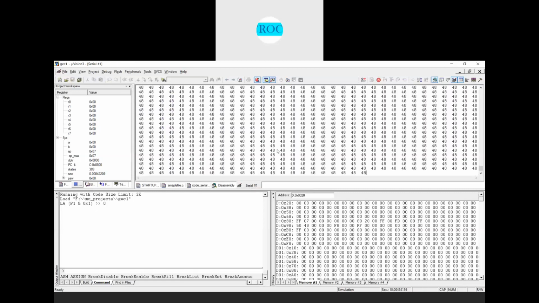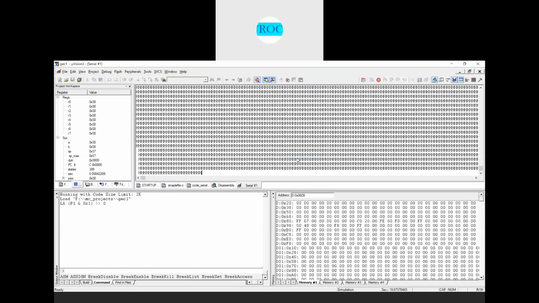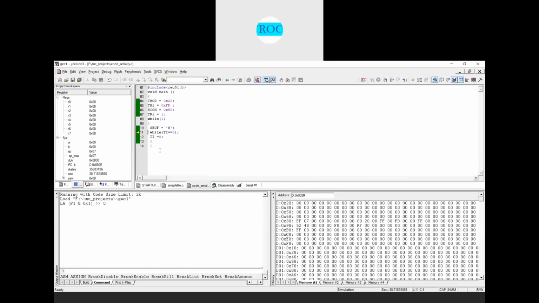When you run it, what you get is 48. 48 is nothing but the hexadecimal equivalent of H here, right? That means the data is transmitted correctly. Everyone understood how to transmit. Here what we studied is how to transmit the data H serially. We wrote the assembly language code and also the C code for this one.